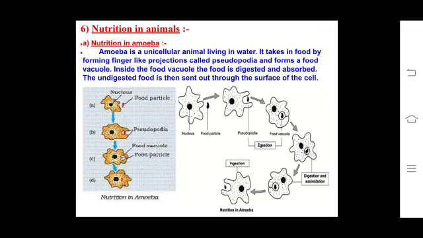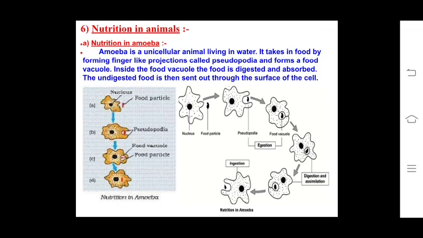They have to make some effort, they have to go to that, and then they capture it and eat. Then there is a range of strategies by which food is taken in and used by the organisms. So after the food is obtained, how they utilize it also has several methods.